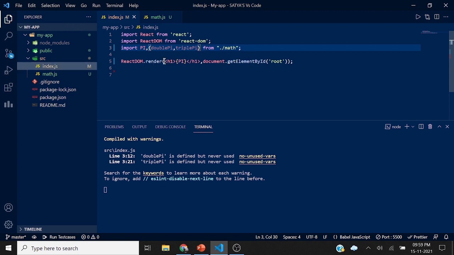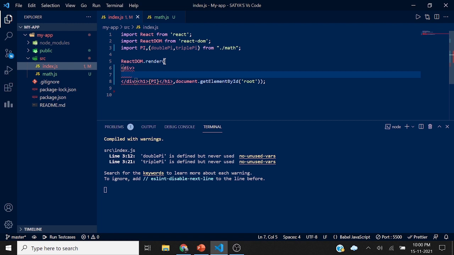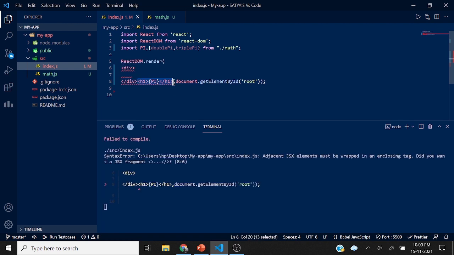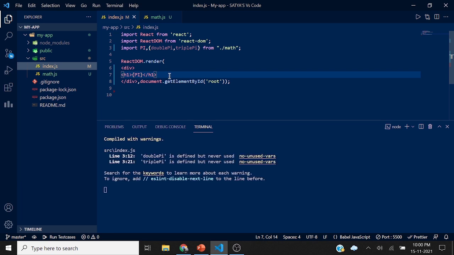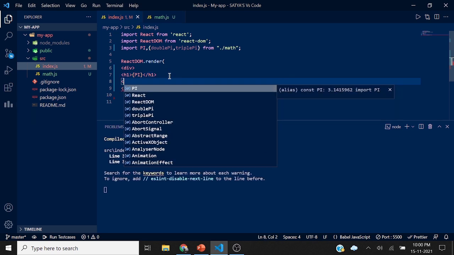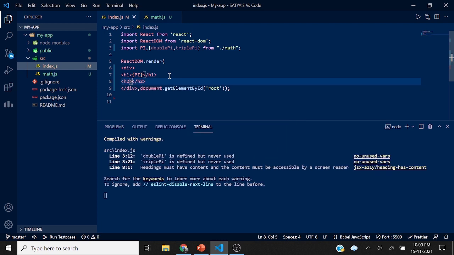Now I'll render them. As these are many elements, I need to use the div tag so that we can render as many elements as we can. I have already rendered the pi. Now let's use the h2 tag and render double pi.